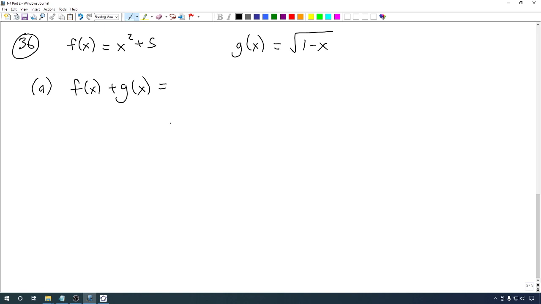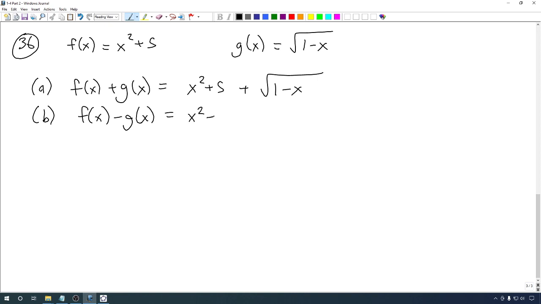Now this isn't a super complicated question. We're really just taking these two formulas for f and g and we're adding them together. I'll take my formula for f, x squared plus 5, and my formula for g, and I'll add that onto the end of this. Part B asks us to do basically the same thing, except we are subtracting g. So I'll have my f is x squared plus 5, and this time I'm subtracting the square root of 1